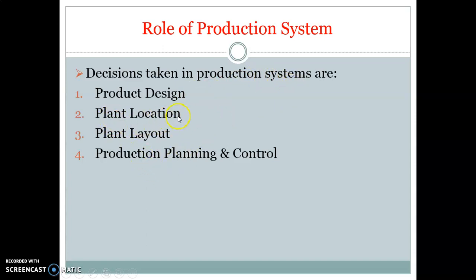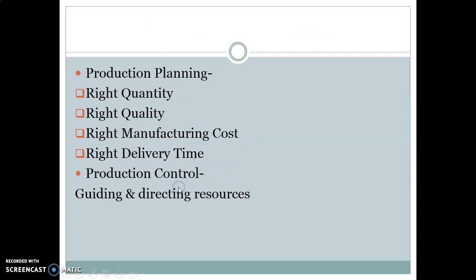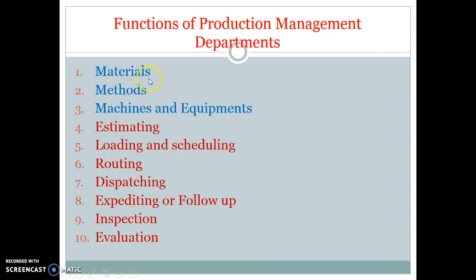Plant location is about locating the plant for production activities. Plant layout is arrangement of the machines, and then production planning and control with their functions. So these are the functions of production planning and control. It may be material function, method function, machines and equipment, estimating, loading and scheduling, routing.